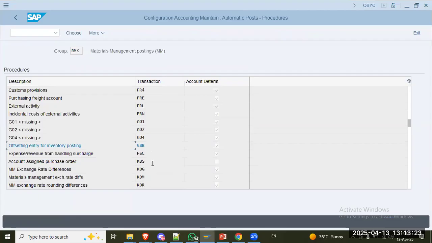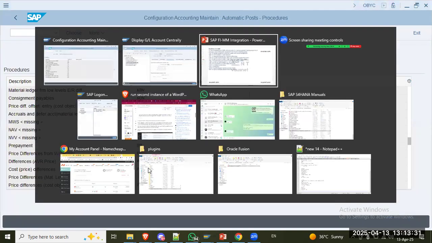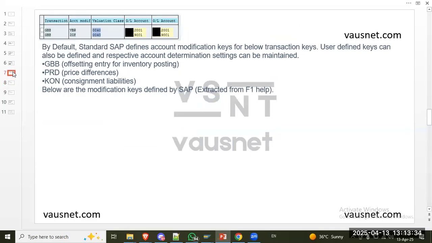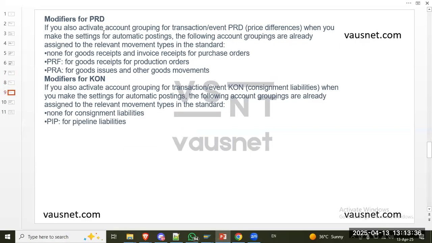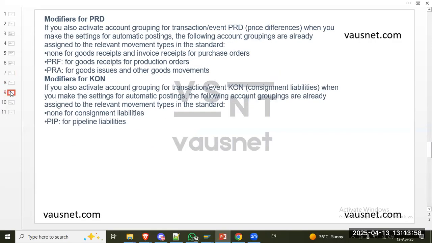GBB is done. Now PRD. In PRD, we have PRF for goods receipt for production orders. We can have a universal account for goods receipt because we created one for GBB. That was goods receipt without purchase orders and without production orders. So goods receipt can be the same. Okay. For goods issues and other goods movements,